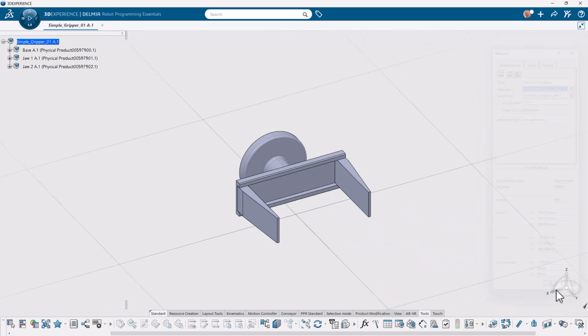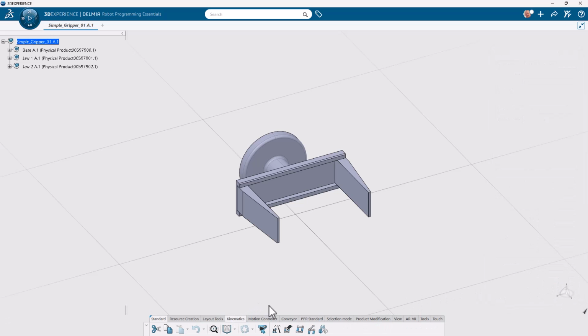Now it is time to define the kinematic model by launching the Define Kinematics command from the Kinematics section in the toolbar. Please note that the command is modal and will stay active until you exit. We select the base of the gripper and then the fixed joint icon from the pop-up window. After this, we select the first jaw, then the prismatic joint icon from the pop-up, and again the base as